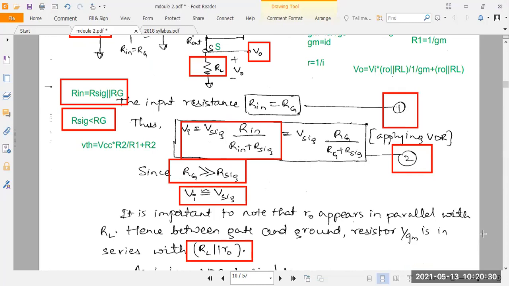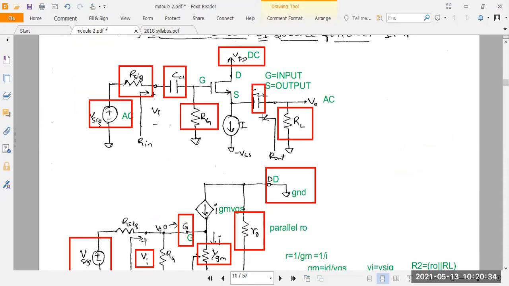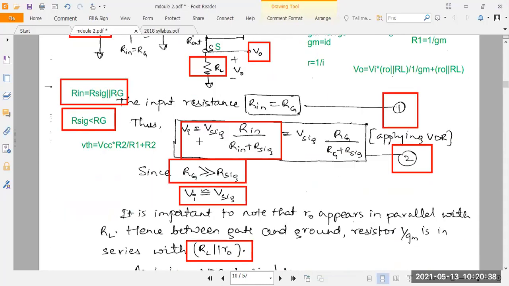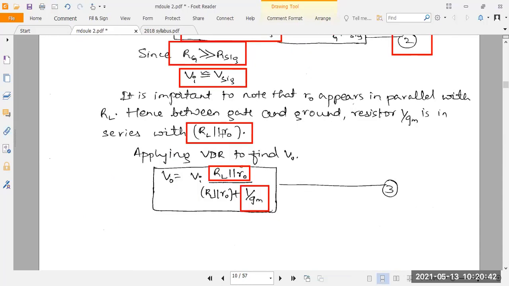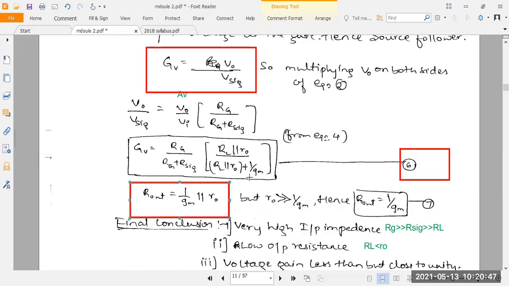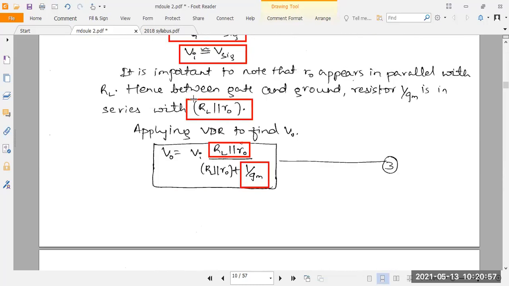First you write the circuit diagram. From that you write the equivalent circuit. Based on that you write the total input resistance equation, the Vi equation, the V0 equation, and find AV. Next, GB. Then you substitute the AV equation and find Rout. This is for the 8 to 12 marks question. This is for the common drain amplifier.